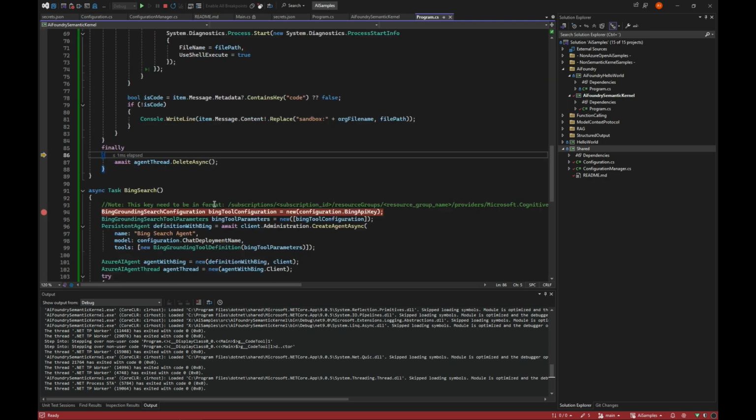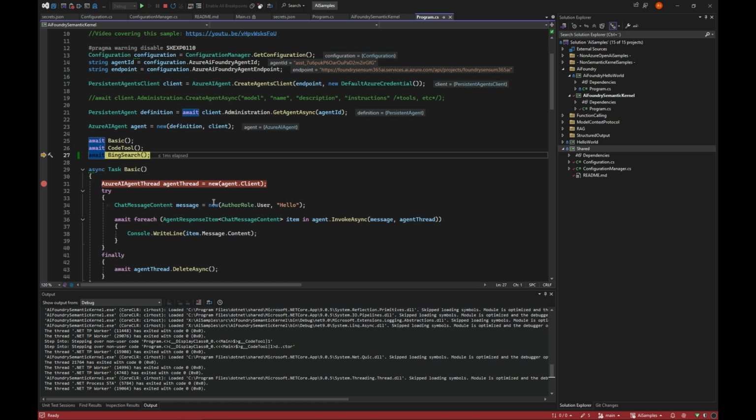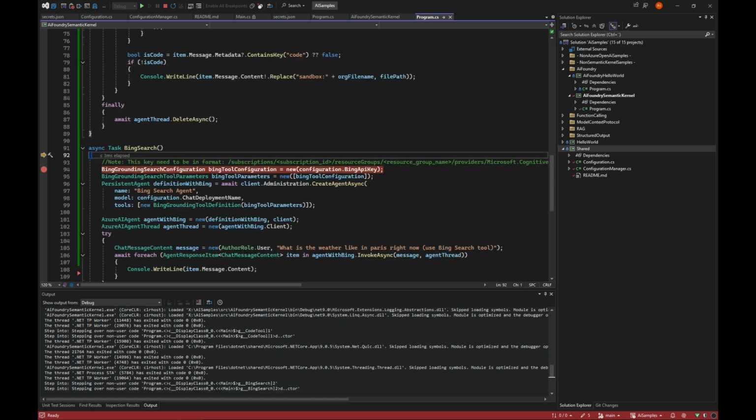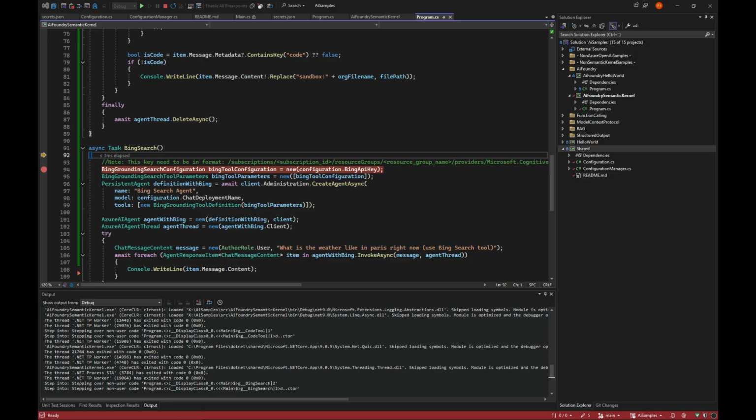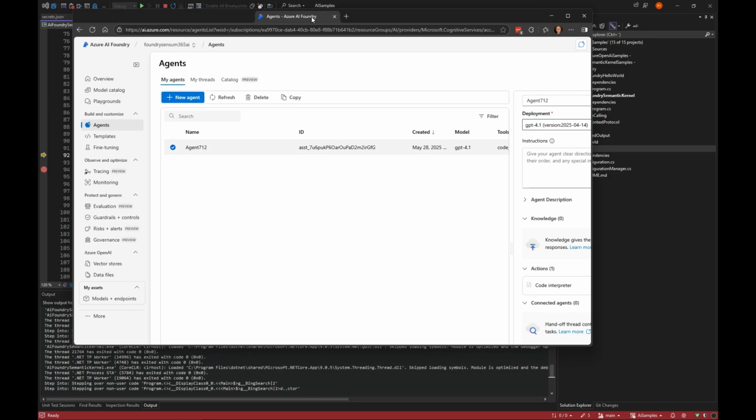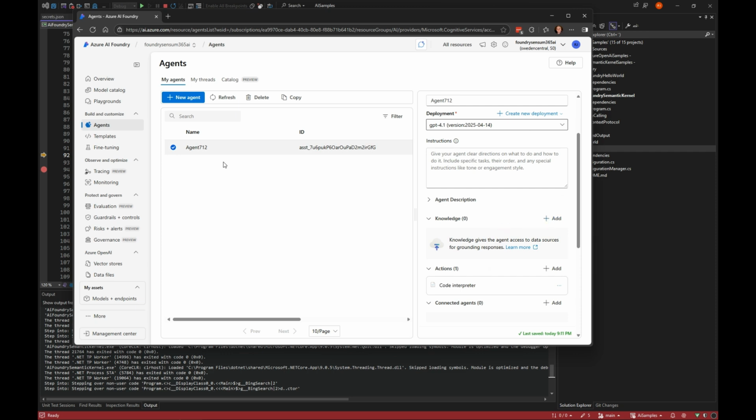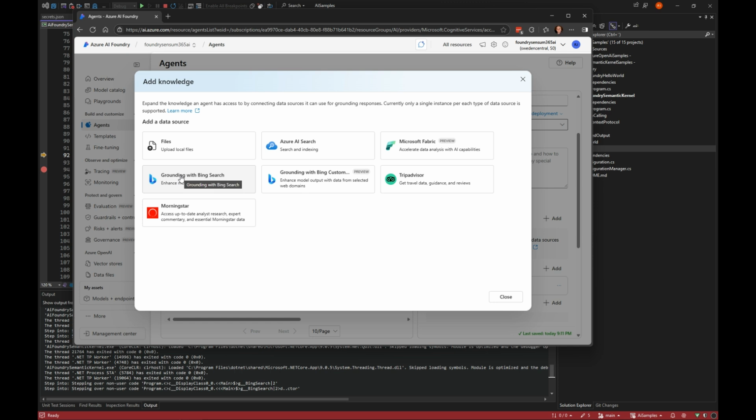Even more odd was the Bing search part, because there is actually a bug here. And the bug in this is that if you already have an agent, like I had, and you then added to that agent your knowledge of Bing search, then it doesn't work.